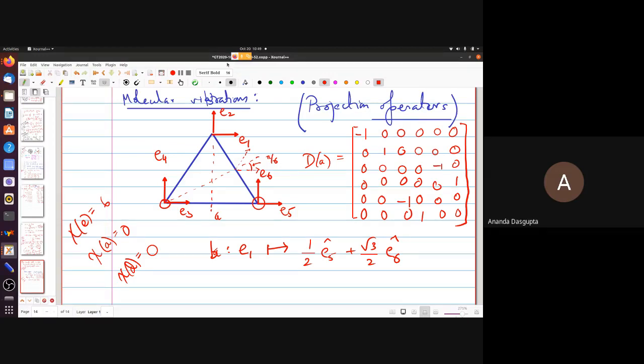We will deal with the vibrations of a triangulene molecule,